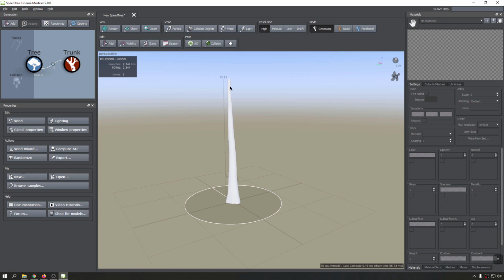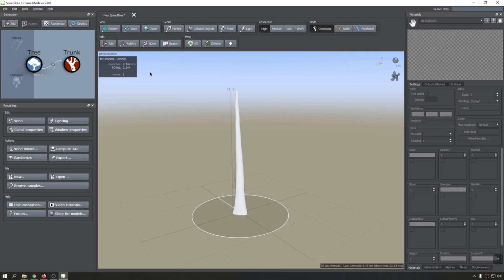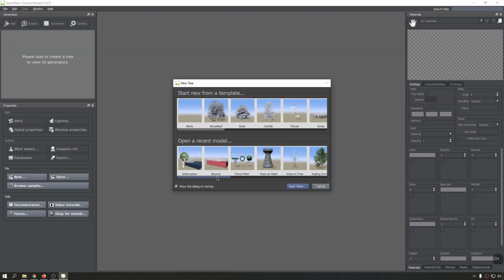This is the 3D viewport where you are able to visualize your model and see the final result in here. Let me open a sample so that we have a little bit more beautiful things to look at. So let's close this one out. We don't want to save it, so no. And let's select something from this. Let's go for